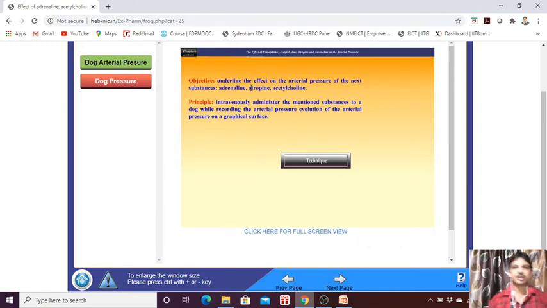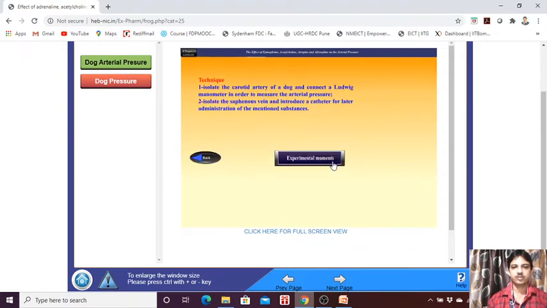See here actually what they told: underline the effect on the arterial pressure of substances like adrenaline, atropine and acetylcholine. All the drugs are given through the intravenous route, and we are checking the arterial pressure on the graphical surface. So technique: this is to isolate the carotid artery of the dog, connected with the Lewis